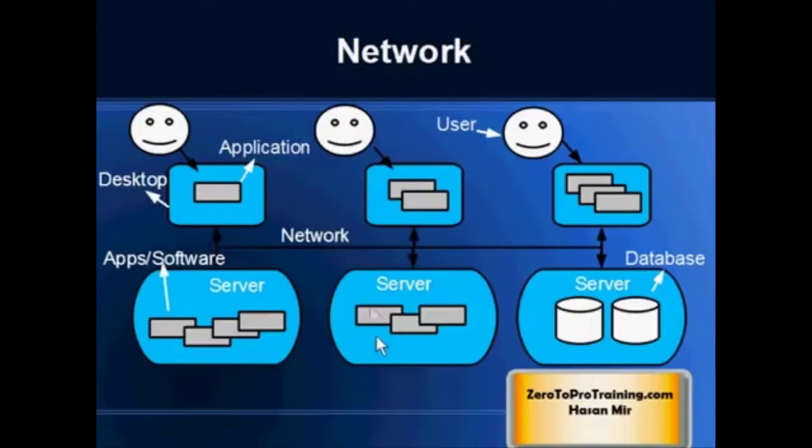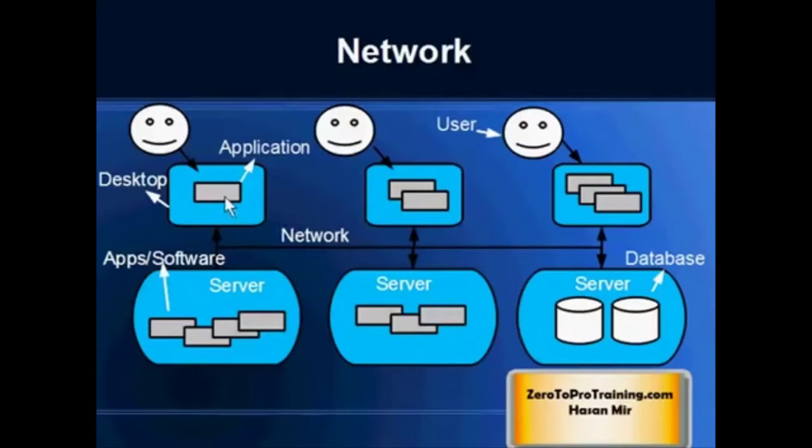How are all these computers connected to each other? Because the desktop or laptop users are using is also a computer, and a server is also a computer, and they need to talk to each other. The application server may need to talk to the database server to manage the data. The application server will have all the application related logic, but the data would be residing in the database server. And users are running tons of applications on their desktop that may need to interact with the application servers and the database servers, and in some cases with each other.